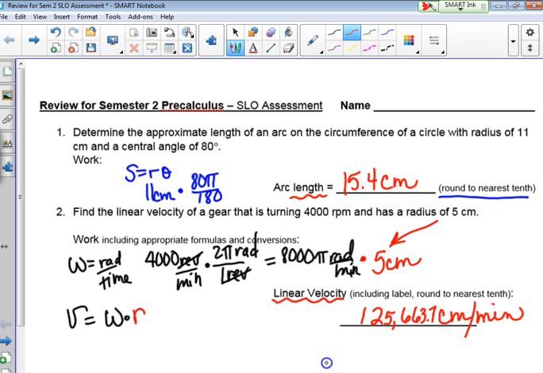Any questions? In my opinion, just writing an answer down on a review packet does absolutely nothing, right? If you're going to go back and look at it again later, you need to be able to remember how you did it. So,